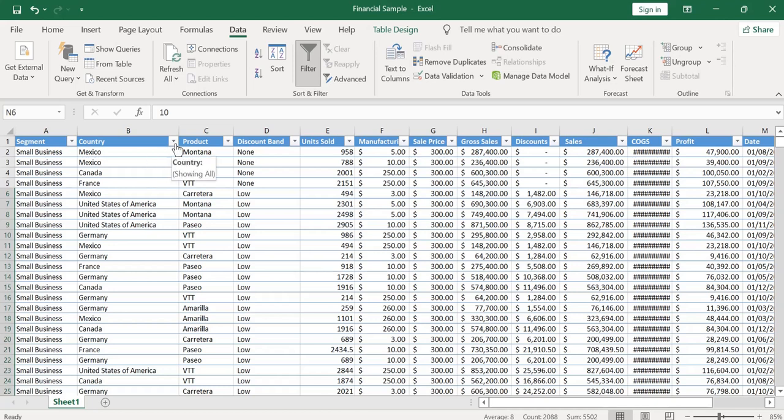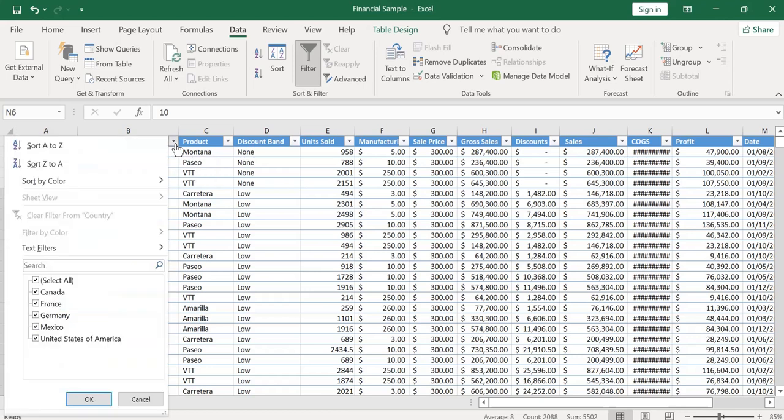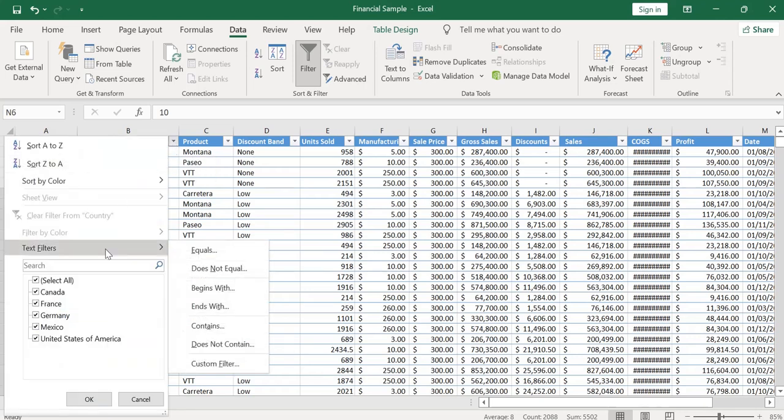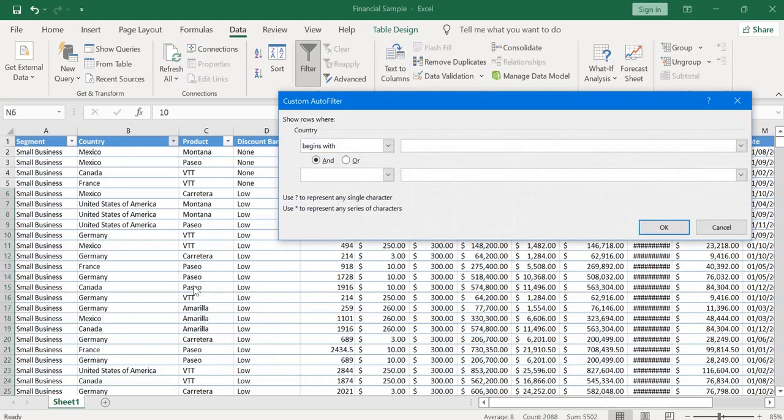Let's go to the column Country and use the text filter. We can also filter the data using the text filter, that is, if the text equals, does not equal, begins with, ends with, contains, does not contain, or a custom filter. For example, let me take Begins With.